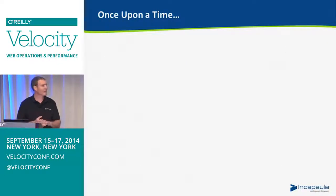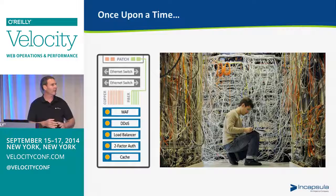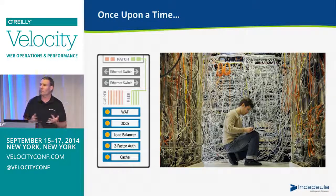And once upon a time, the way you would build your application delivery stack would, at the end of the day, mean racking up a whole bunch of servers or appliances in a data center, in a rack. If you had a very complex environment, you would start looking like this young fellow here that's overwhelmed with the cables. And you would have to do this in every single data center of yours